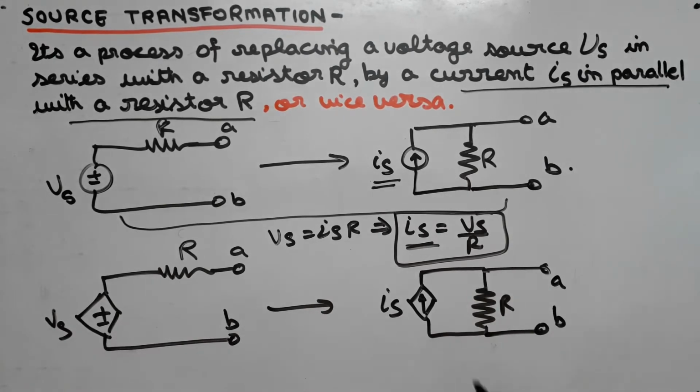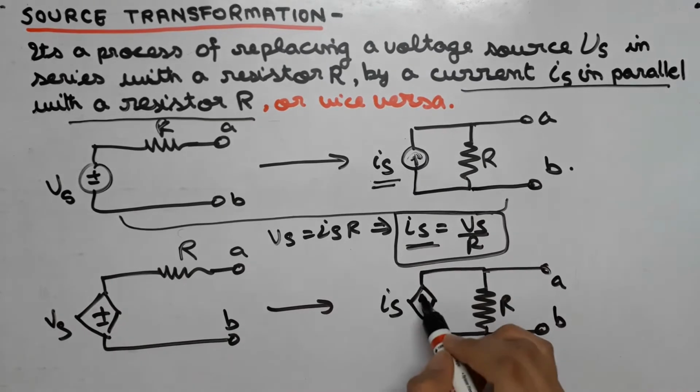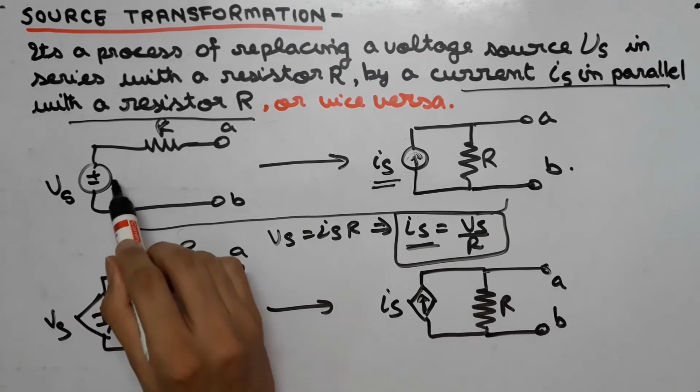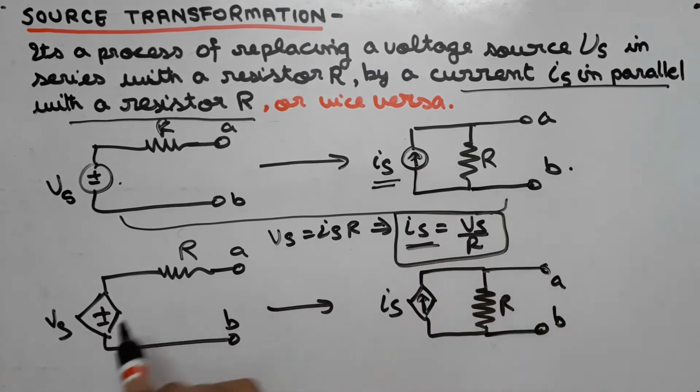Now guys, a very important thing to be noted is that the arrow which is drawn in the ammeter part of the Is in both the dependent and independent circuits is according to the plus minus sign in the voltmeter. That is, if the plus sign is facing upwards, then our arrow will also face upwards, and if our negative sign is downwards, then the bottom of the arrow will be downwards. That is, we will make the arrow from negative to positive. This has to be kept in mind, as this is a very important concept.